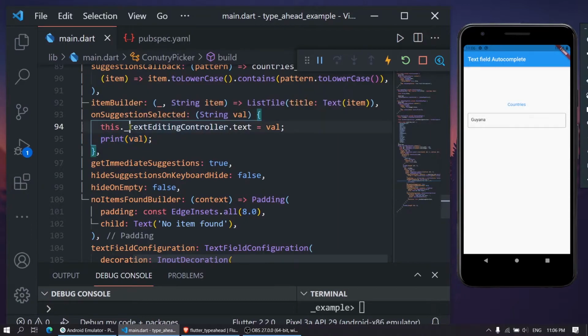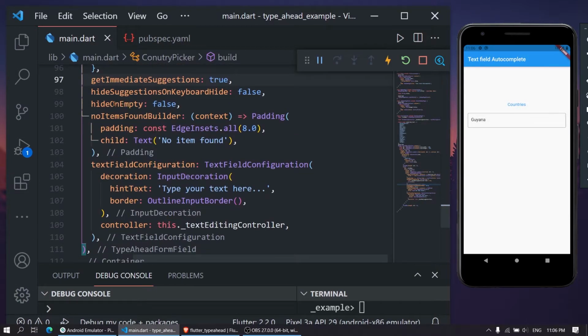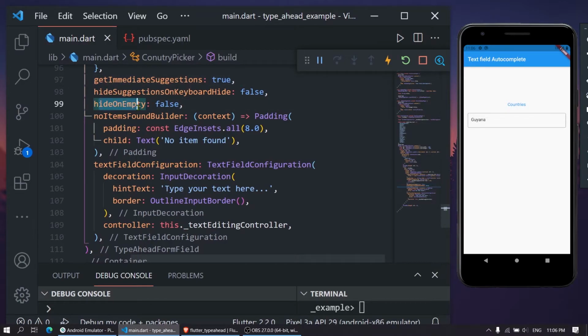As well as for the text editing controller, we are setting its text to the value which we have selected. Thereafter we have getImmediateSuggestions, which we have set to true, so we want suggestions immediately. As well as we have hideOnEmpty, which is false. What do we mean by that?